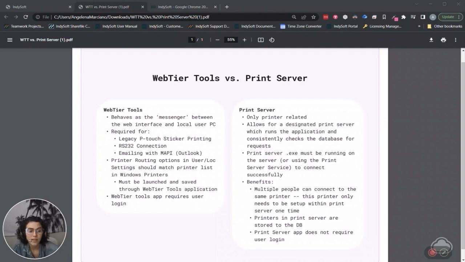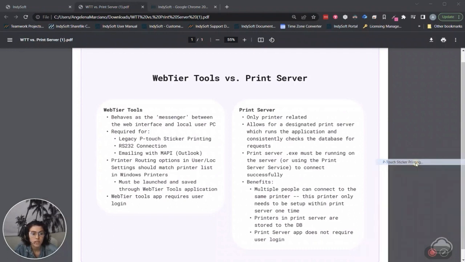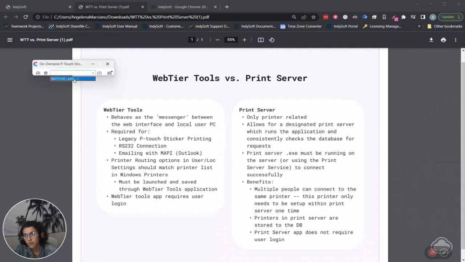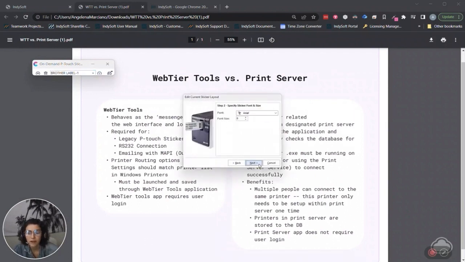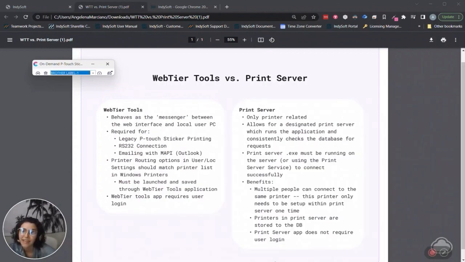And what I mean when I say legacy P-Touch sticker printing, and I'm just going to show you right from my WebTier Tools here, is this P-Touch sticker printing option that launches like this, where you have a specific P-Touch label set up with a sticker layout as follows. So this is what we consider the legacy P-Touch software, as opposed to using our built-in sticker layouts in Layout Builder. So again,